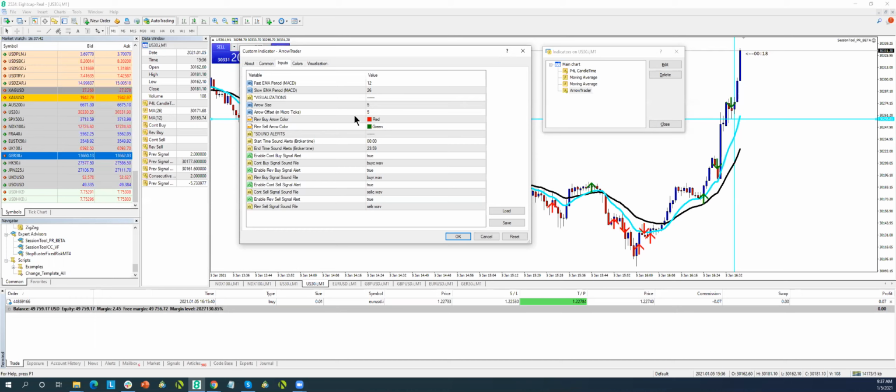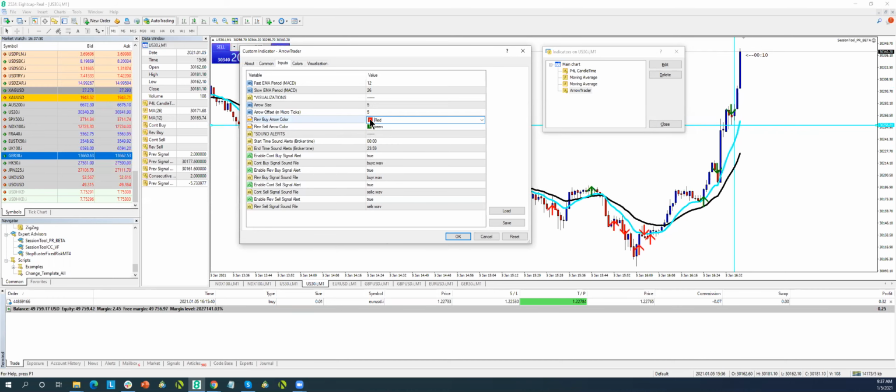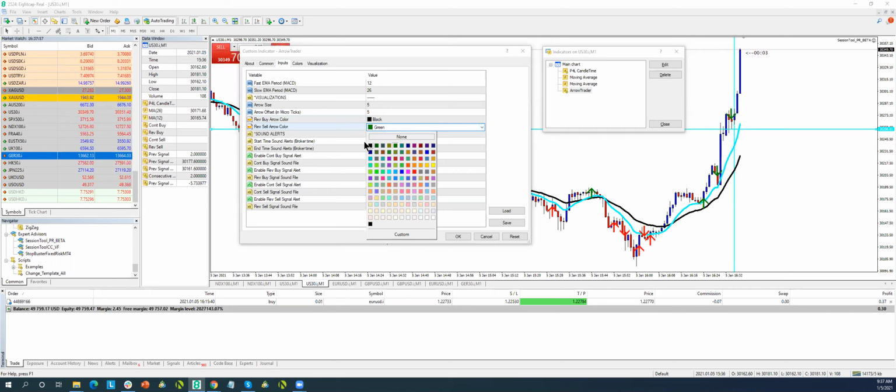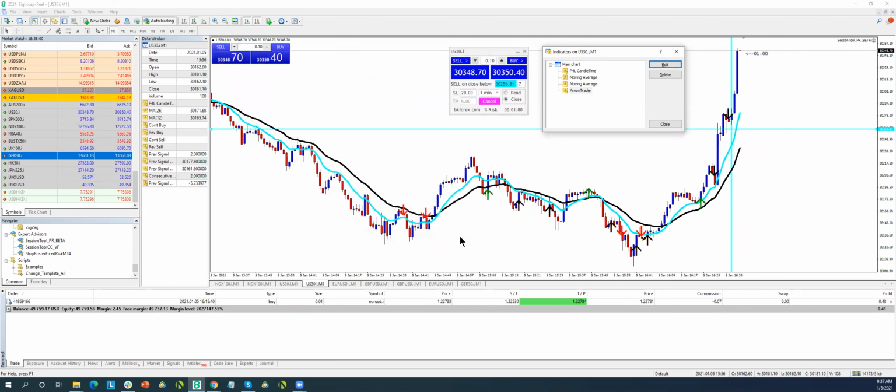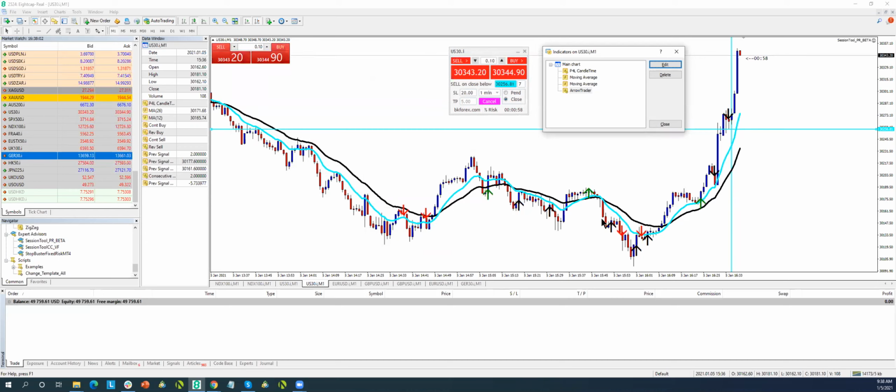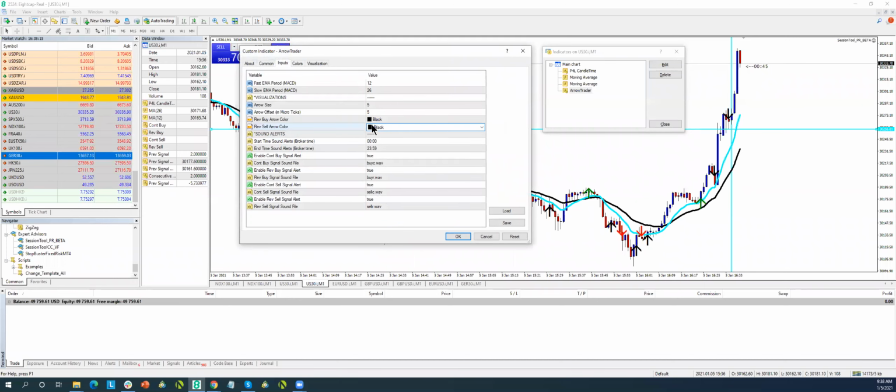The continuation ones, the sell is obviously red, and the buy is obviously green. So if you want to just change the reversal, you can say, I want the reversal sell to be black. And you can make them both black. I want the reversal buy to be black. If you do that, then all of a sudden they change, right? And you can see that if it's a reversal buy, it's black. If you want your reversal buy to be different from your reversal sell, then you can just simply go in here and say, if my reversal sell is black, but my reversal buy is going to be